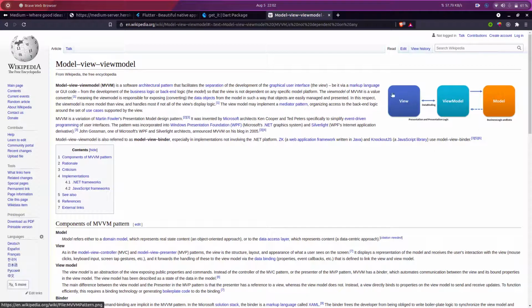From this diagram you can see that our view screen is separated from the model by the view model in the middle. The view contains our designs, UI, UX, and the model contains the data that comes from the server, and there is a middle part, that is the view model. The view model helps us in connecting these two parts with each other.